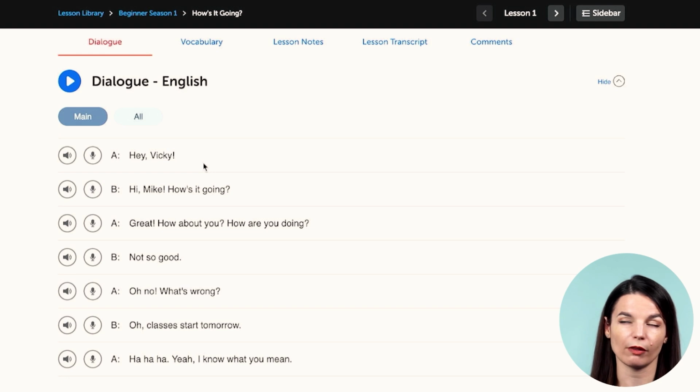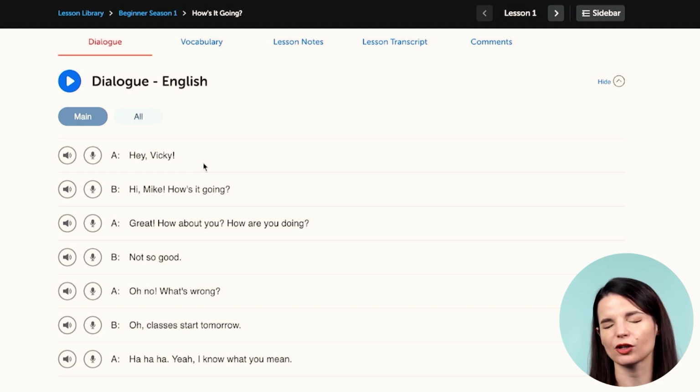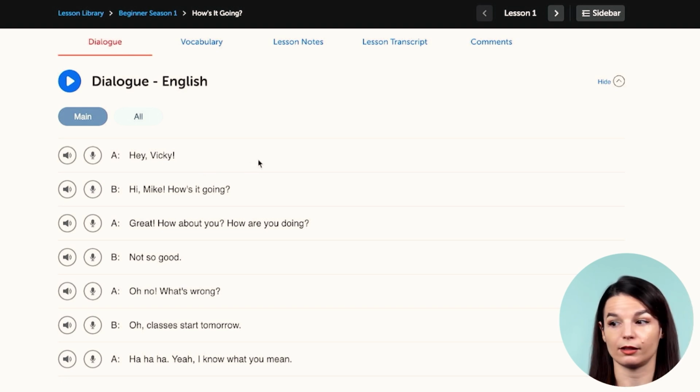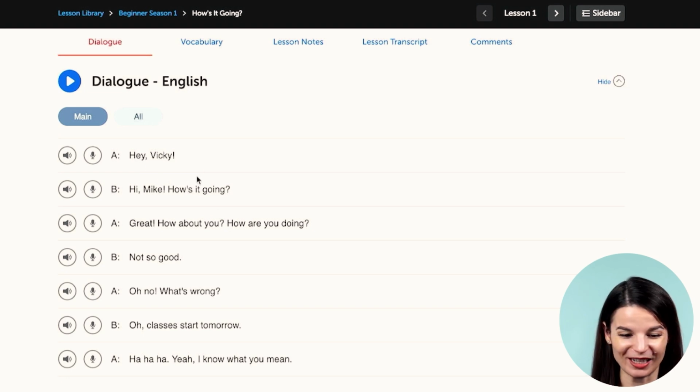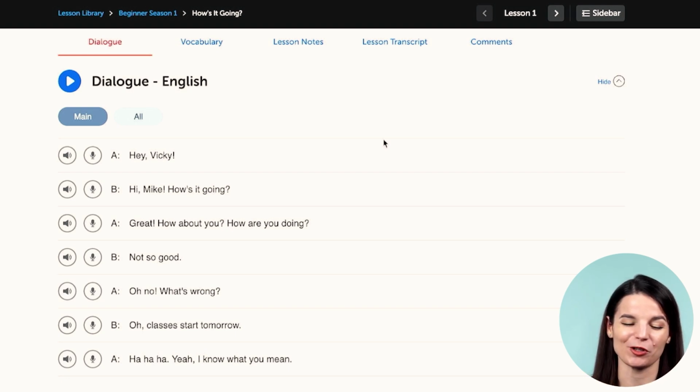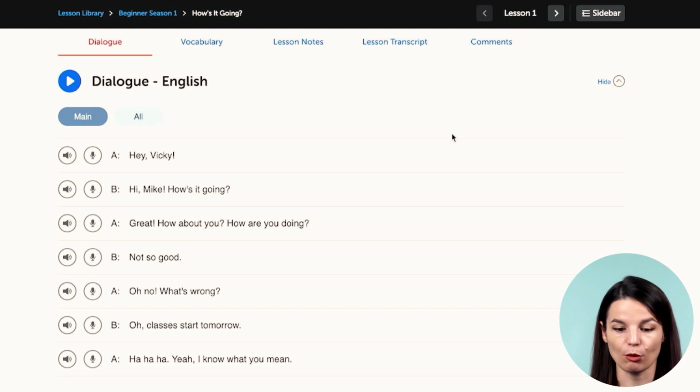This is useful if there's a line in the dialogue that you had trouble understanding or that wasn't super clear to you, or maybe you want to practice shadowing that line. You can choose just that one line to listen to. Each line also has, of course, the words. You'll have a transcript here of what was said in the line, and then depending on the language that you're studying, you will also have a translation here too. It can be a translation in a language that you already know, if that is available for the language you are studying.